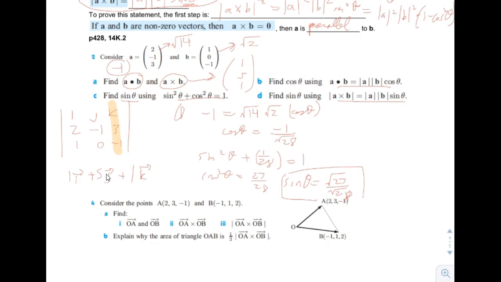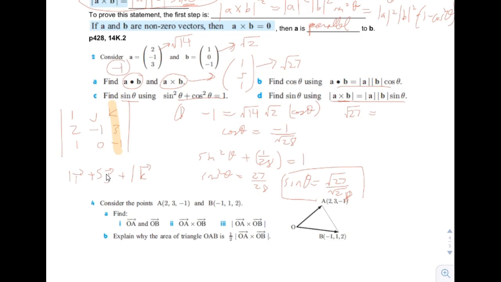Now last part, we're going to find sine theta using this equation. So first thing is the magnitude of A cross B. A cross B is (1, 5, 1). So the magnitude of A cross B will be the square root of 1 squared plus 5 squared plus 1 squared, which is the square root of 27. So we have square root of 27 equals